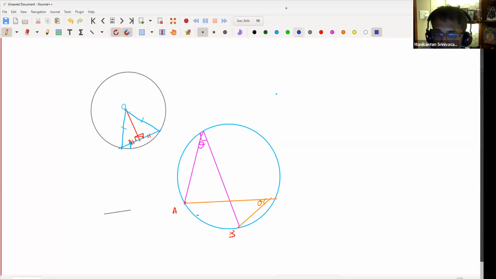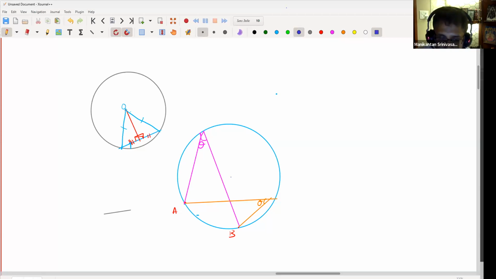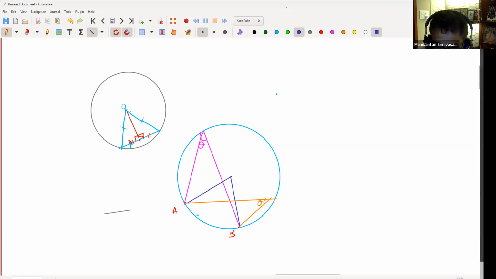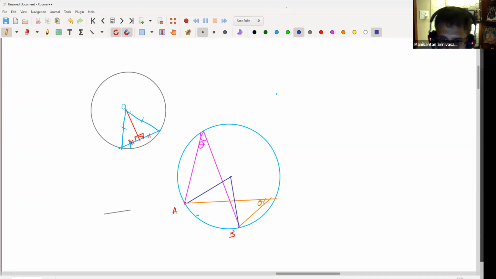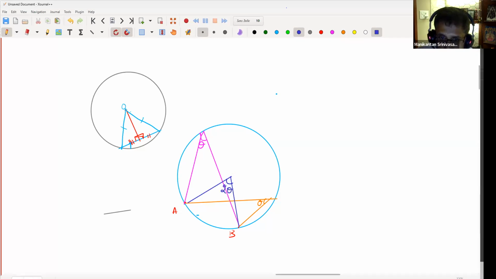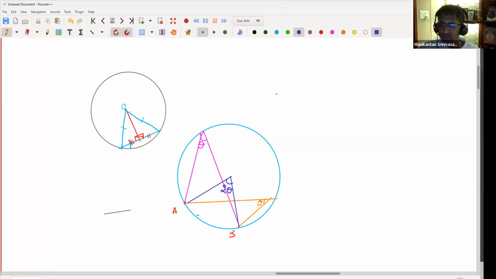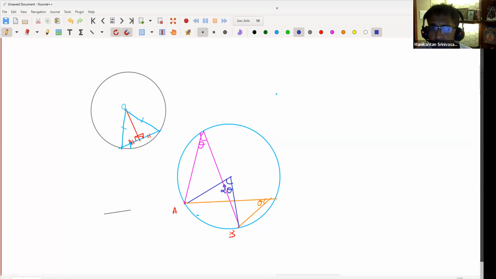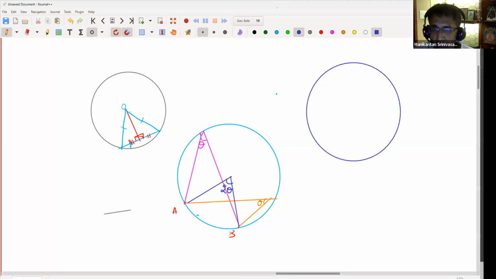And the angle at the center will be double, right? So let's say this is the center. If I draw a line from the center of the circle and come back to B, this angle will be 2 theta. So the angle at the center will be double the angle at the periphery. Okay, that's important. The other important property that you should know is,